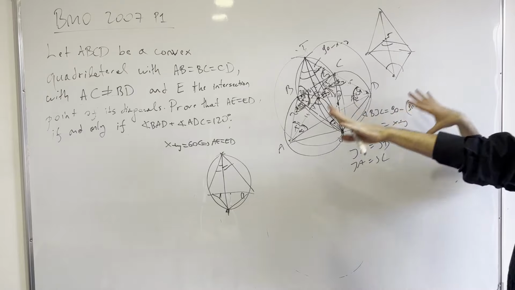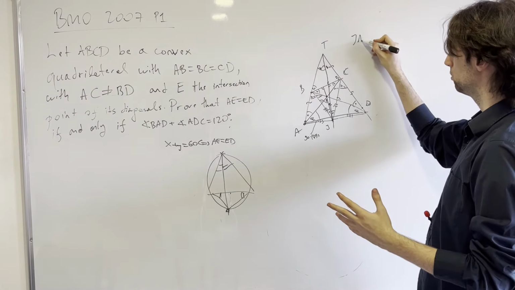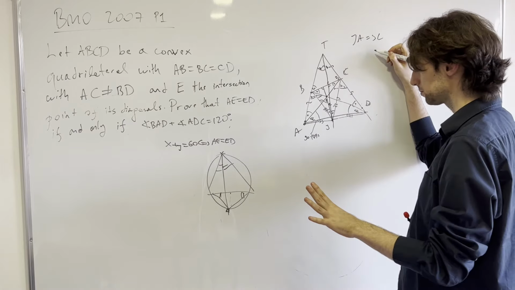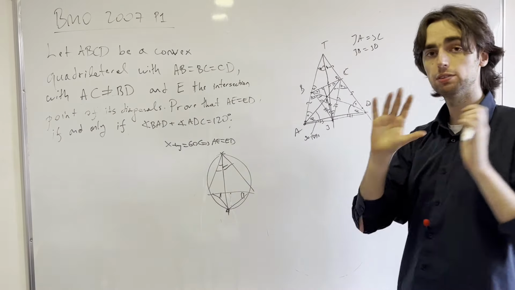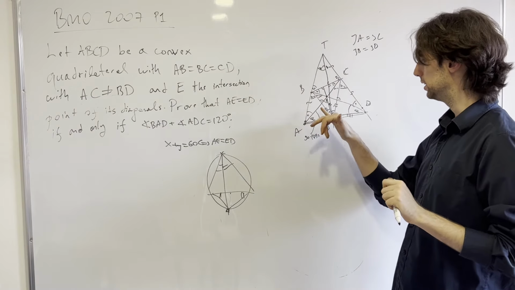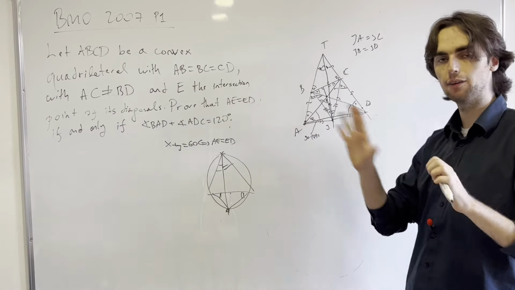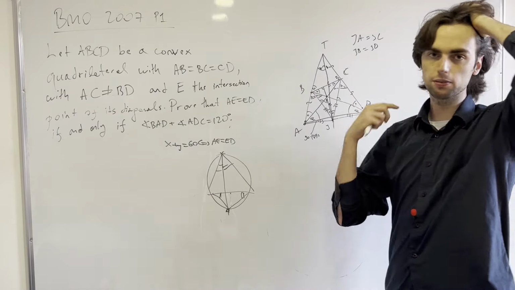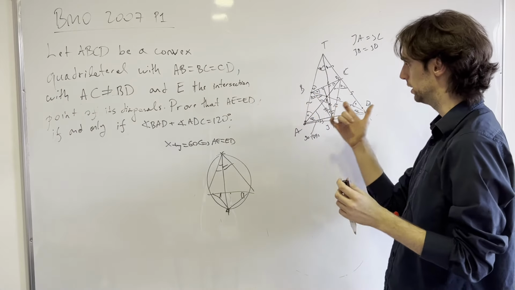Let me clear this up, make this nicer. Now, what do we have? We have that JA is JC, right? And JB is equal to JD. Now, mind you, we would have this even without the angle, like EAD is EDA, right? We would still have the same thing. So now we need to figure out how to combine J with this condition that EA is